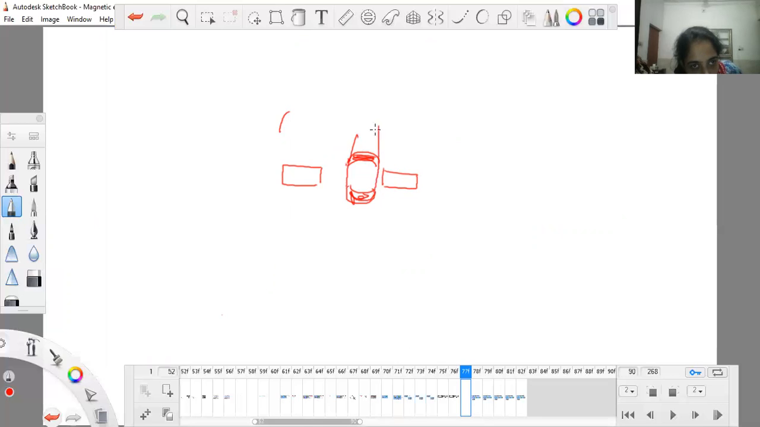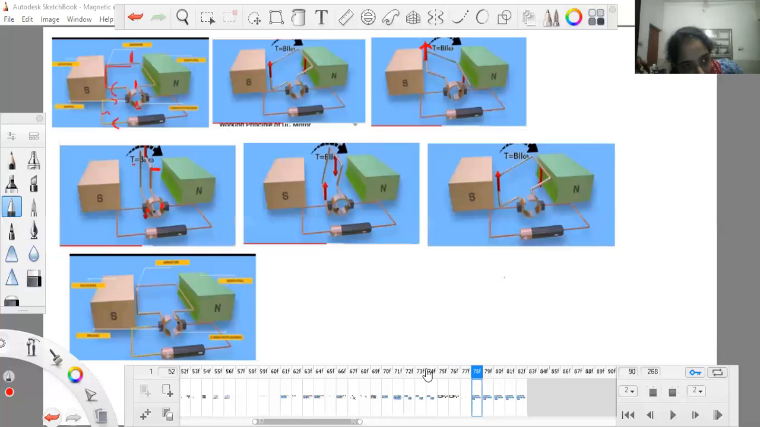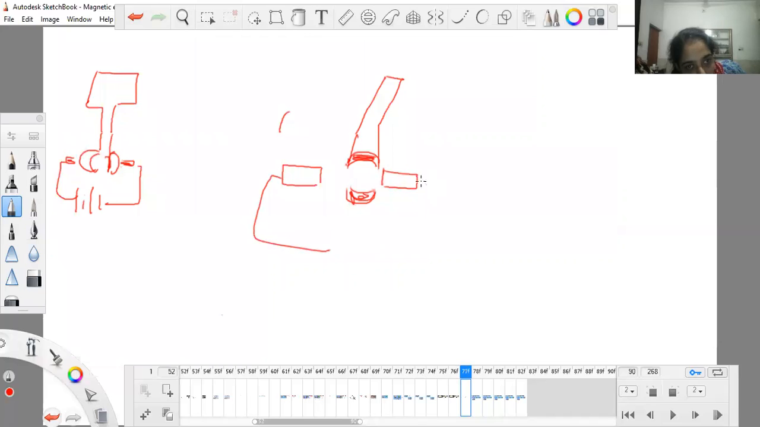okay, this is the armature, and now I'm drawing it as vertical, and it was horizontal before. Okay, so the gap is like here. So at this time when the gap is here, because of this gap,